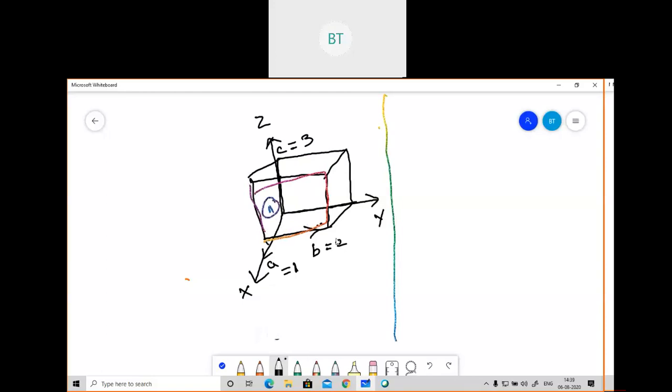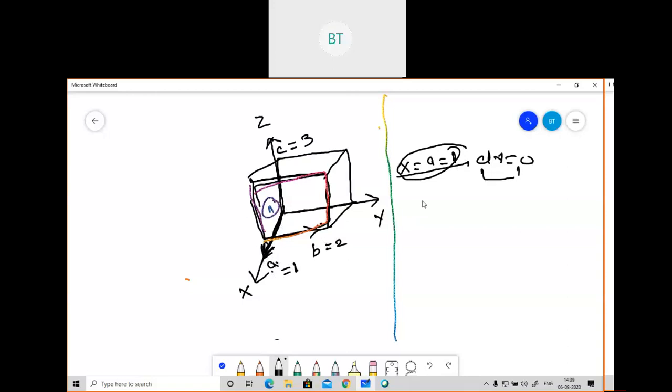So in this part, if you see, the value of x is what? x is equal to a, equal to 1. How has x become 1? See, we are talking about this part. In this section, this is our x value. What is the value of x here? Here it is given 1. And what is the direction of x? In this direction only. So x is equal to a equal to 1. And when we are taking the value of x, dx will become 0.